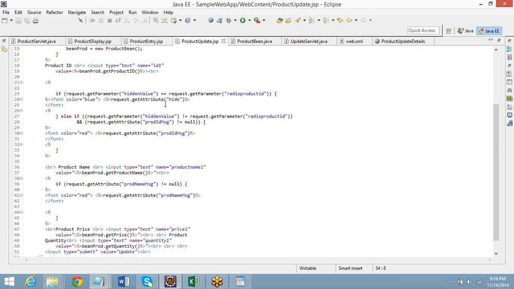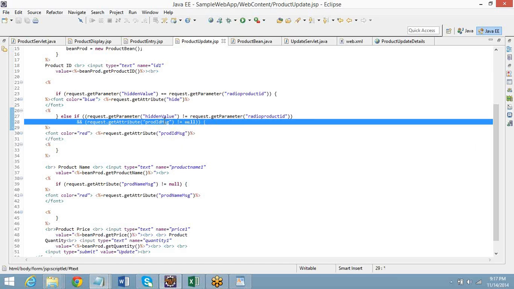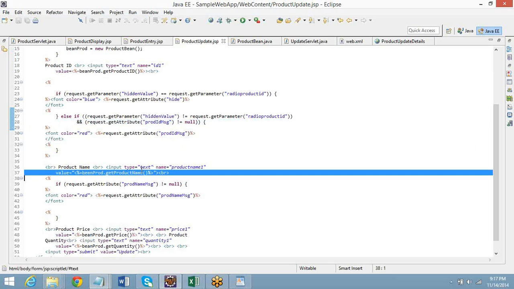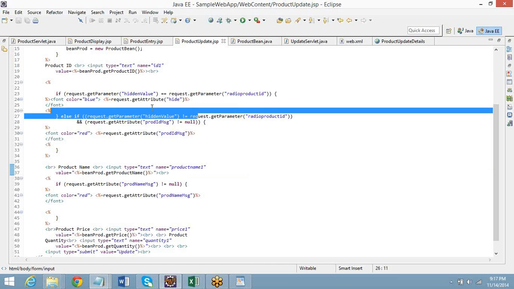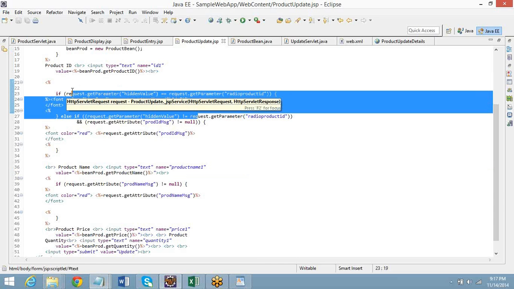This was the way I was trying. Here, this validation is for product ID already exists, and this is for product name already exists. Other than this, everything is crap. This whole thing is not needed, but this validation was.